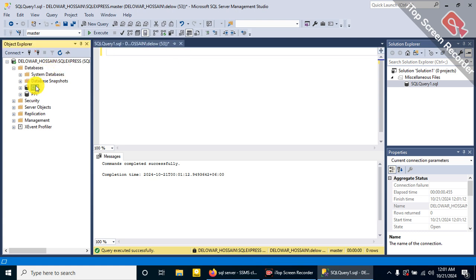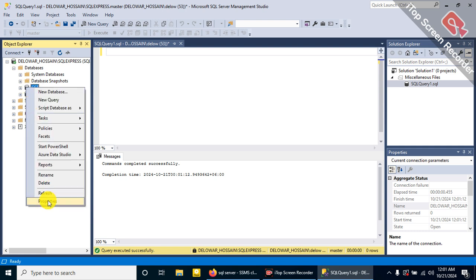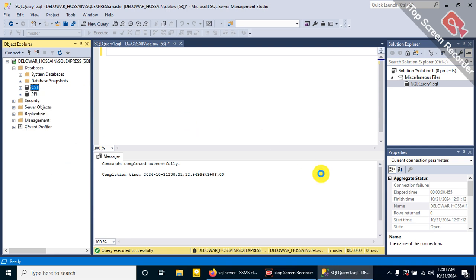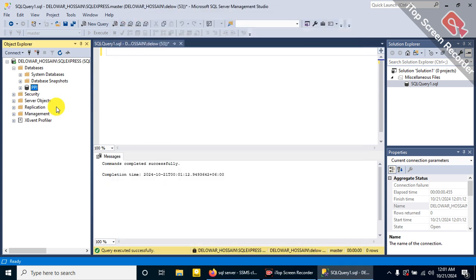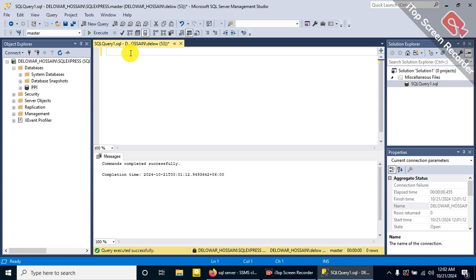So right now we have a database. Okay, so our database is PPI. So right now we will just create a table under this database. So what will you do? If you want to create a table under the PPI database, we'll have to use this database name. So that's why we'll have to use the command, use, and then the database name PPI, use PPI. Okay, then semicolon,